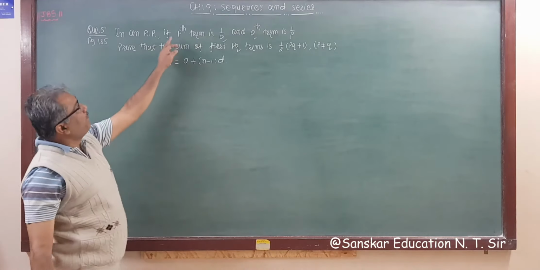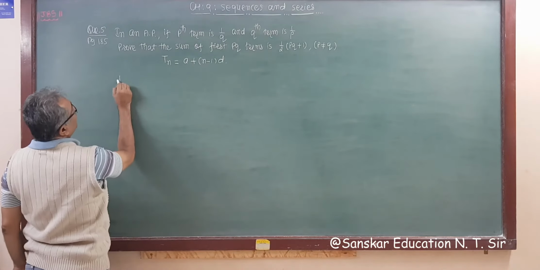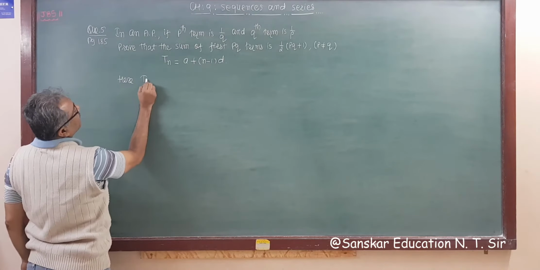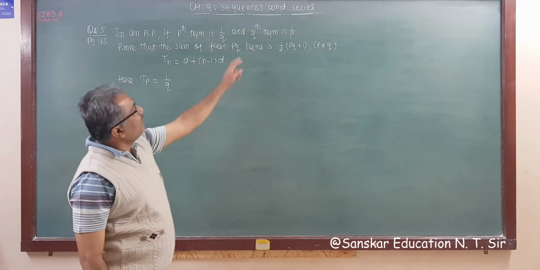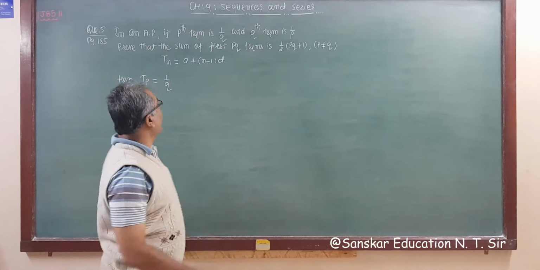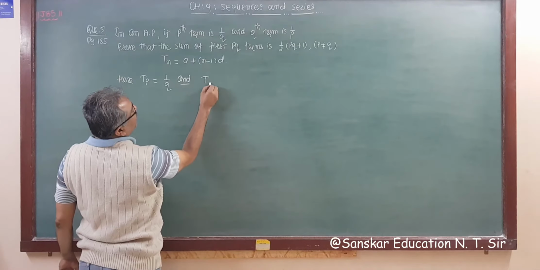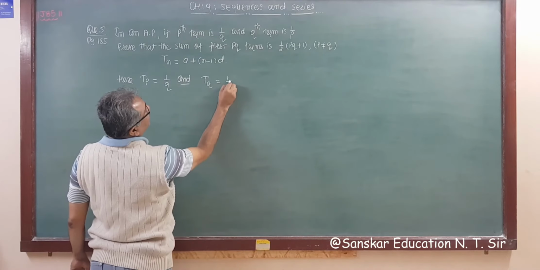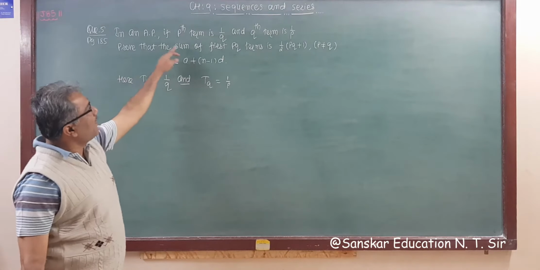So what is given? The pth term, that is Tp, is 1 upon q, and the qth term, Tq, is 1 upon p. This is given. Prove that the sum of first pq terms